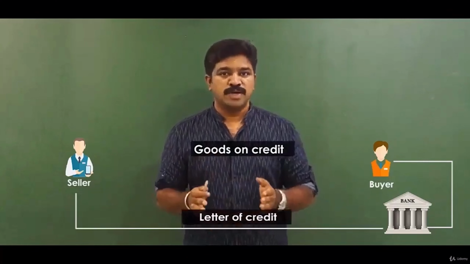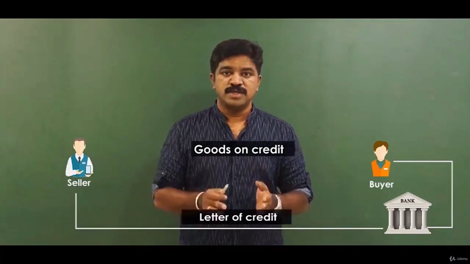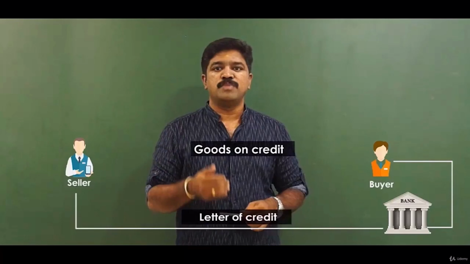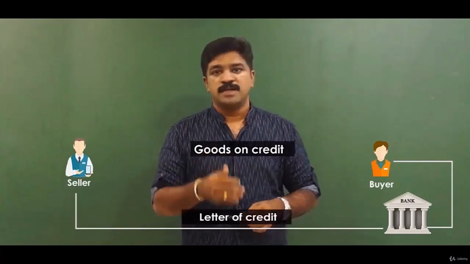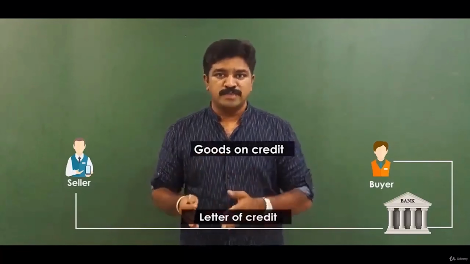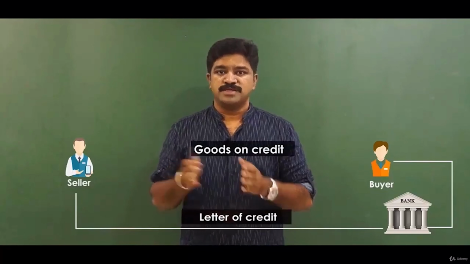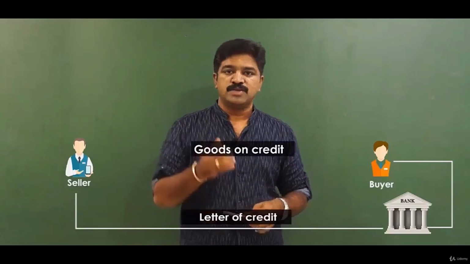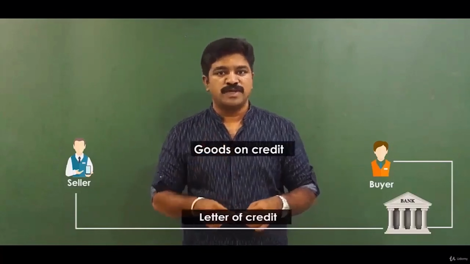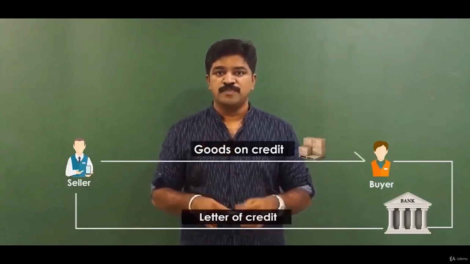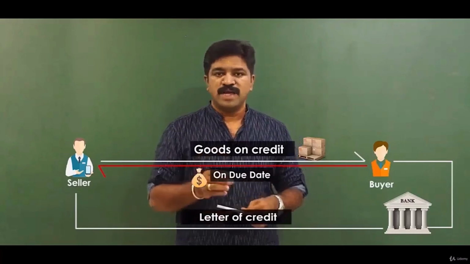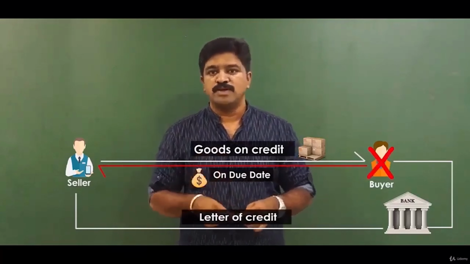Now seller has got a big comfort because there is an assurance, that too from the bank, that buyer will make payment on the due date, and even if buyer does not pay any money, he is going to get that money from the bank provided that seller is complying with all the conditions that are mentioned in the letter of credit. So on the strength of this letter of credit, seller is going to sell goods to the buyer on credit basis, and it is the duty of the buyer to make payment on the due date to the seller. But what will happen if buyer does not pay on the due date?